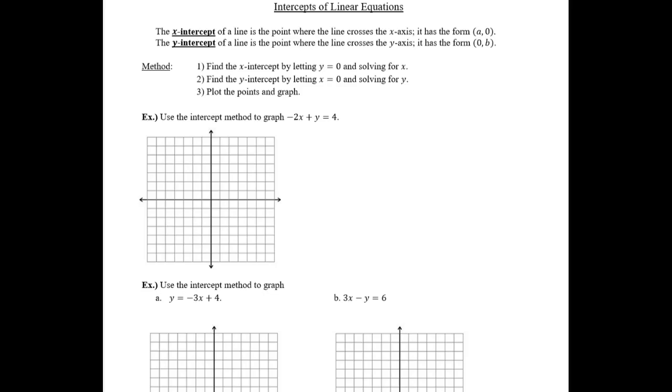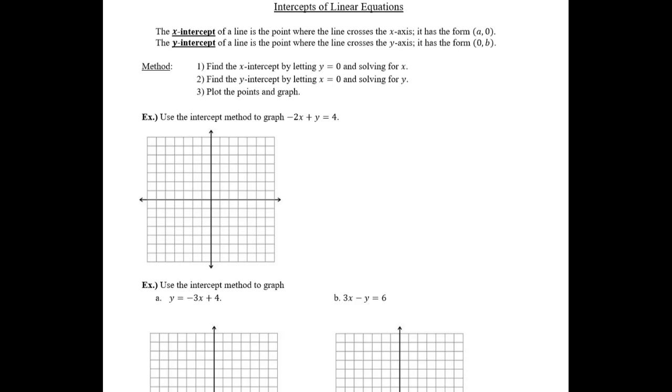This video is about graphing linear equations using the x and y intercept. Before we can do that, we need to talk about what the x and y intercept are. Visually, what's happening is